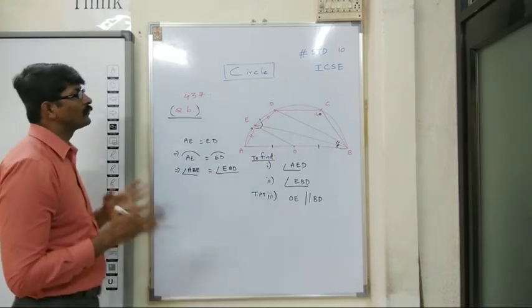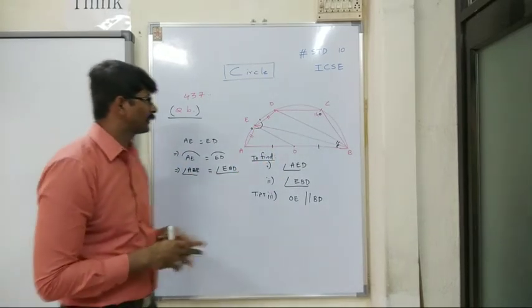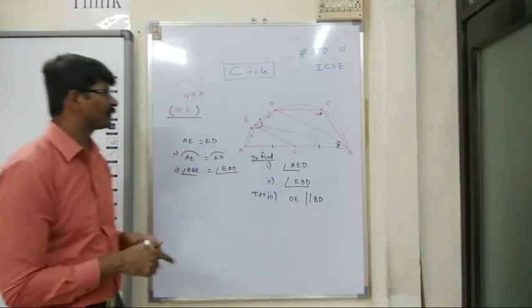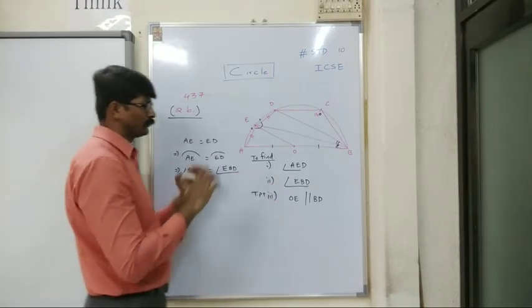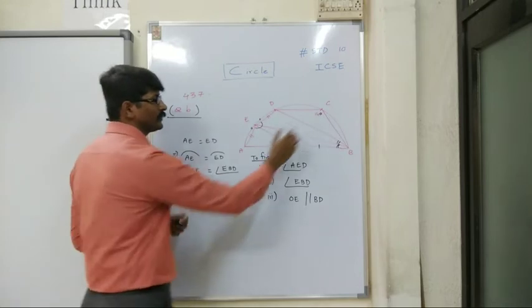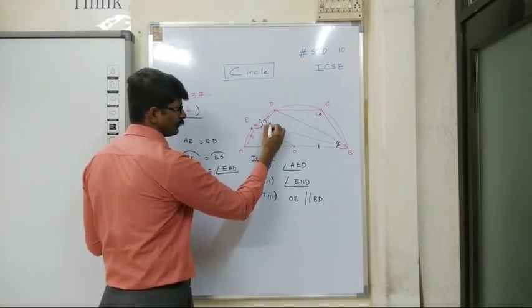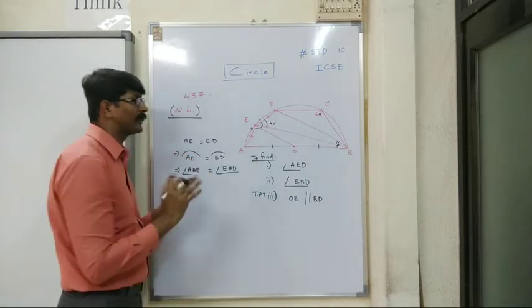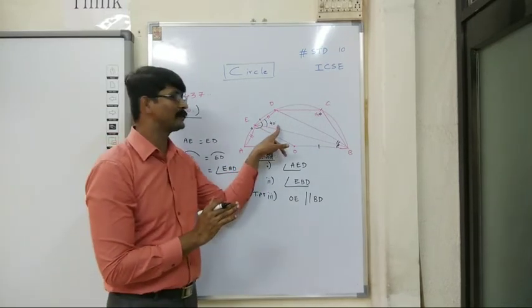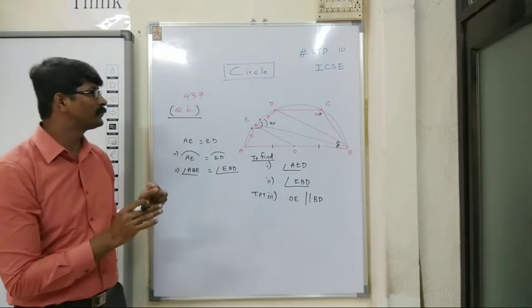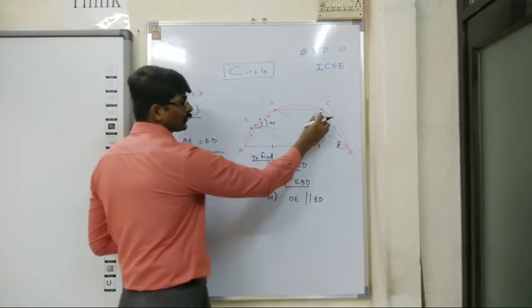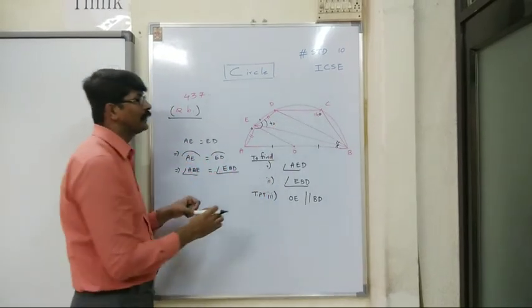Now students, how are you going to do this? How are you going to manage this? See, it's very simple, students. If this is 140 degrees, look at this particular portion. It is supposed to be 40 degrees. Why is it supposed to be 40 degrees? See students, understand. If this is 140, this is supposed to be 40. Why? Because